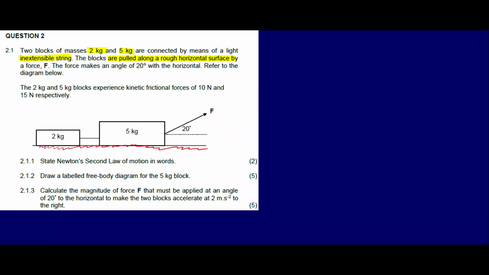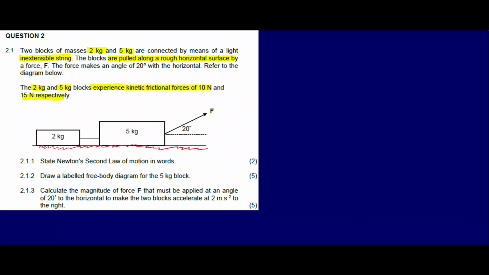So the force makes an angle. We see the force there, which is this force F. It makes an angle of 20 degrees with the horizontal, right? So refer to the diagram below. The 2 kg block and the 5 kg block experience the kinetic frictional forces of 10 and 15 newtons,